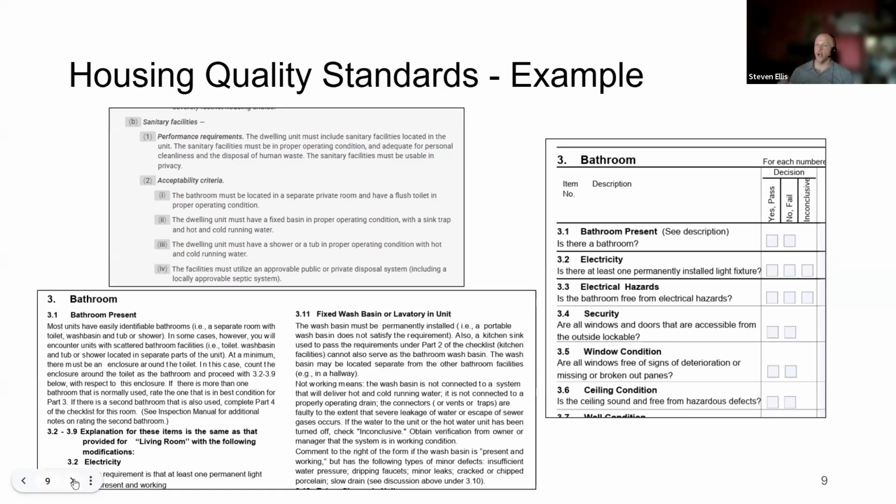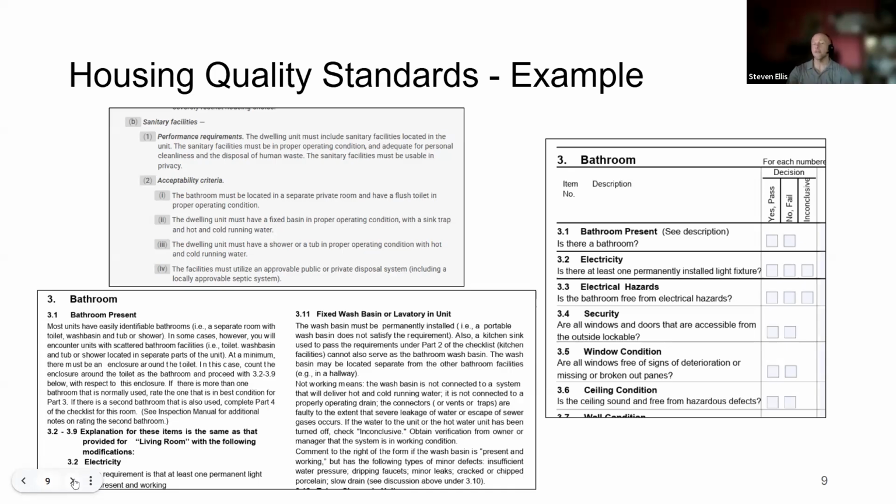These are screenshots from the long form. If you've seen this form or use this form, you know exactly what I'm talking about. The checklist goes into more detail, and that's what you all get trained on. That's what you know about, but that's not what's in regs. It's just what's operationally been added to the checklist. And then that gets further simplified into the actual checklist itself that you all use. So once again, the foundation of what you know for HQS is pretty strong. You just use a checklist to operationalize your knowledge.